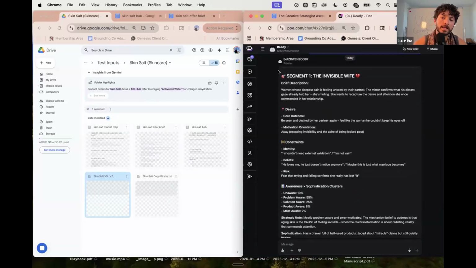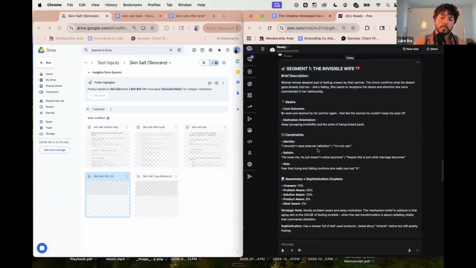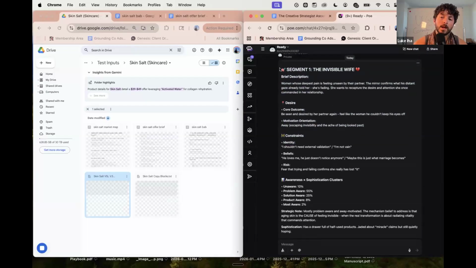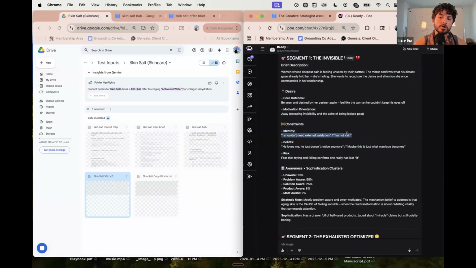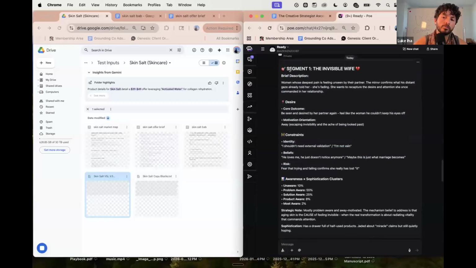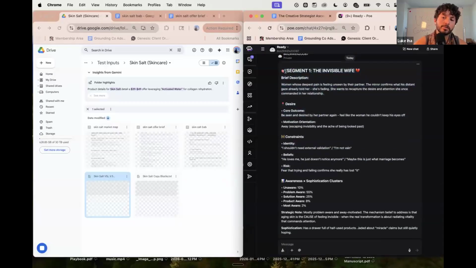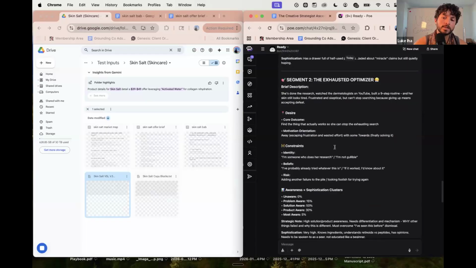Okay, so I like this. Now, if I were to do this market, the way I would approach the segments is I would just do one segment that's the entire market, because typically this market just wants to look younger, right? It's pretty direct. There's not different types of pains or things like that, and there's not a lot of different types of constraints. The only real segmentation that you could do for this market would be some of this demographic stuff.